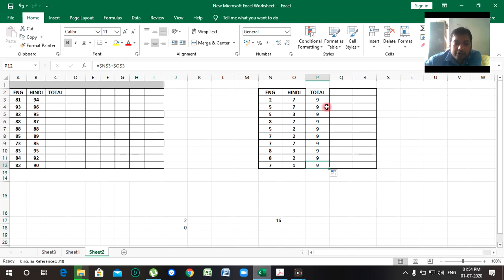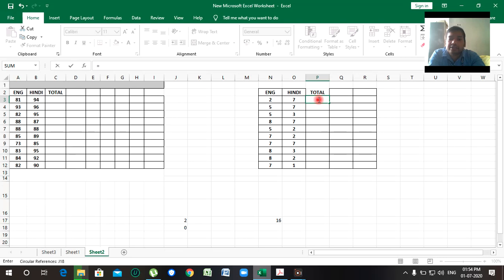Now here we are going to see the mixed reference. The mixed reference is a mix of relative and absolute, where we fix either the row or the column. Now I am going to show you how to fix the column.